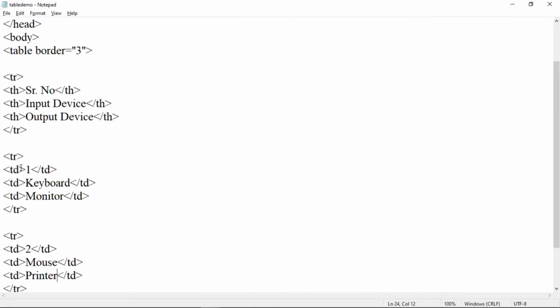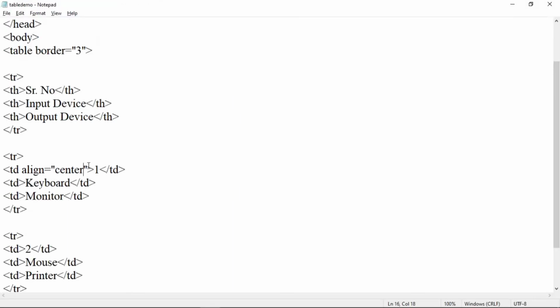We can use here align attribute to align the text. Suppose align is equal to center. Then this content will be at the center. See here. In this way we can add the same attribute for all columns content. So copy this and let us paste here.